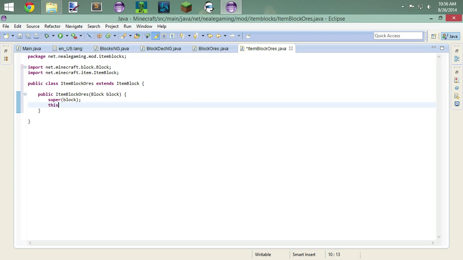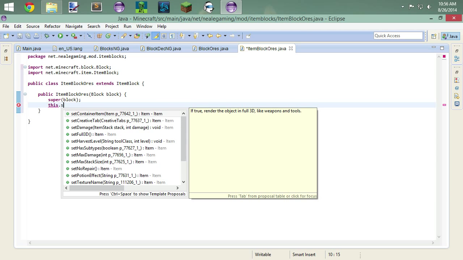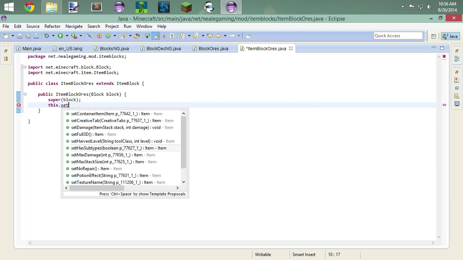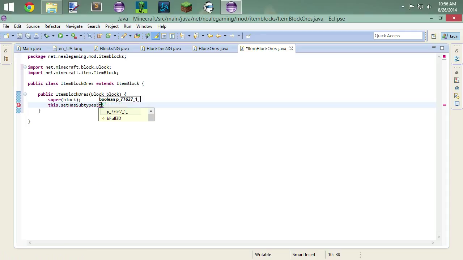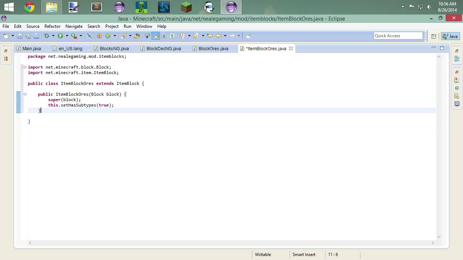And we're going to say that this .set has subtypes, and this is going to be true because this does have subtypes because it's block metadata. That's kind of the whole point, right? That's what we're trying to accomplish here. Public string get